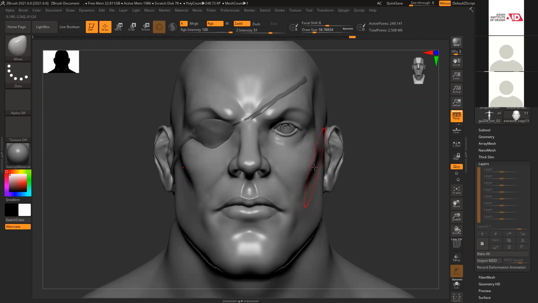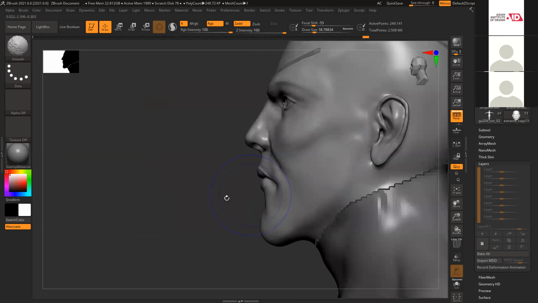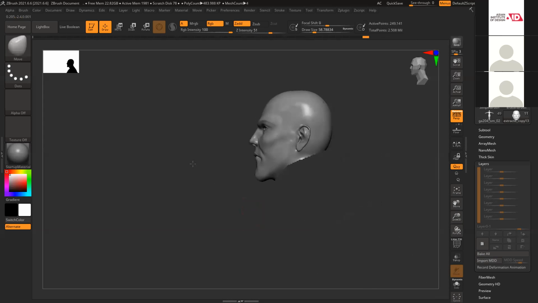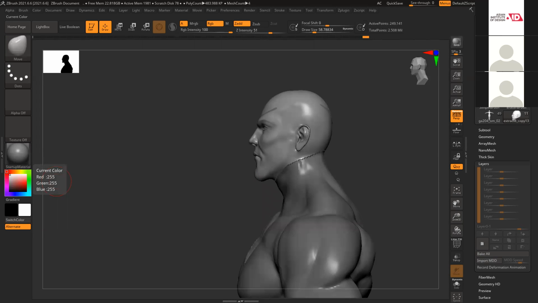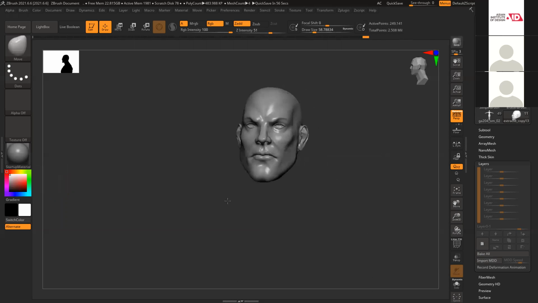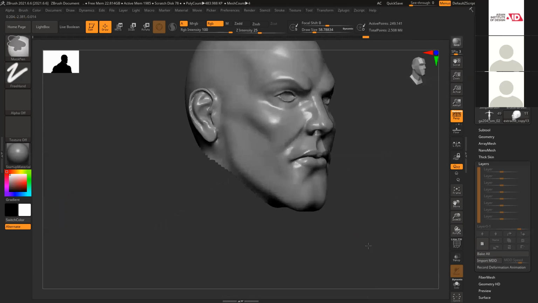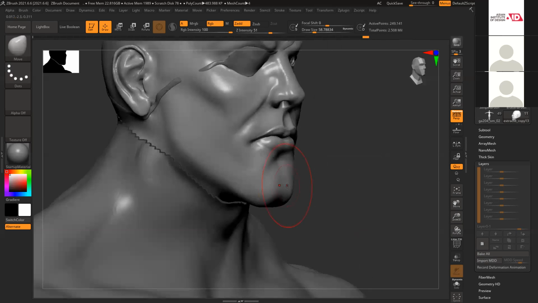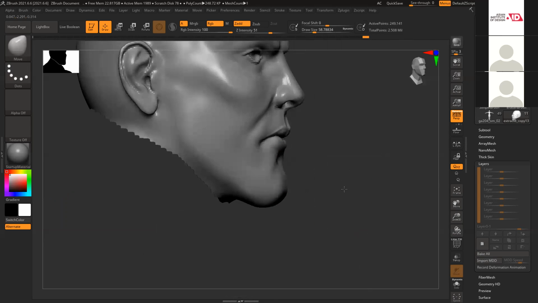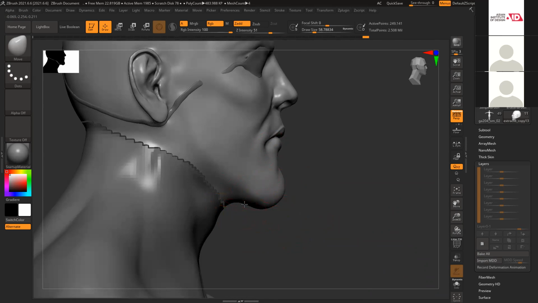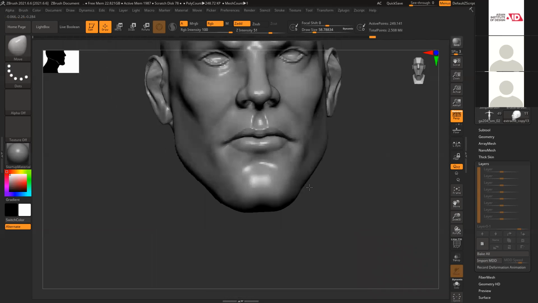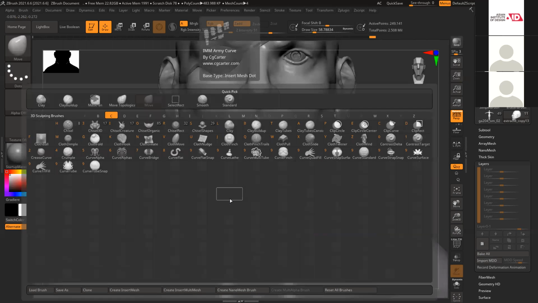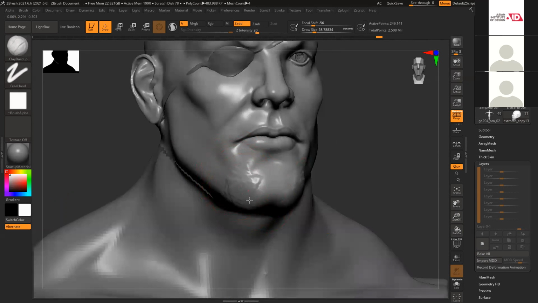Cheekbones slightly strong. Chin slightly outside, more rounded. Chin slightly broader.